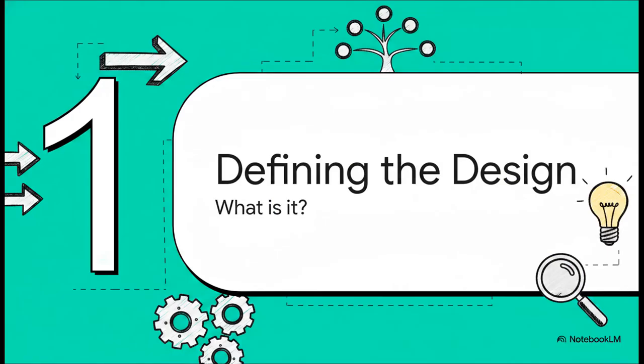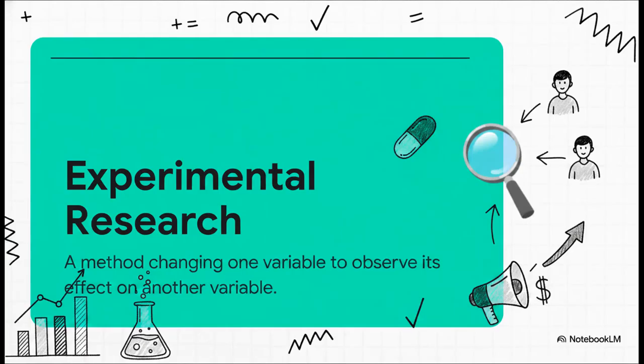All right, Section 1, defining experimental research design. What exactly is this methodology at its core? Basically, it is a strictly quantitative method. It's all about the numbers, the hard data. The whole point here is to test a hypothesis and definitively measure the impact of an intervention, but doing so under strictly controlled conditions. So when a researcher wants to know if one specific variable influences another, like, say, if